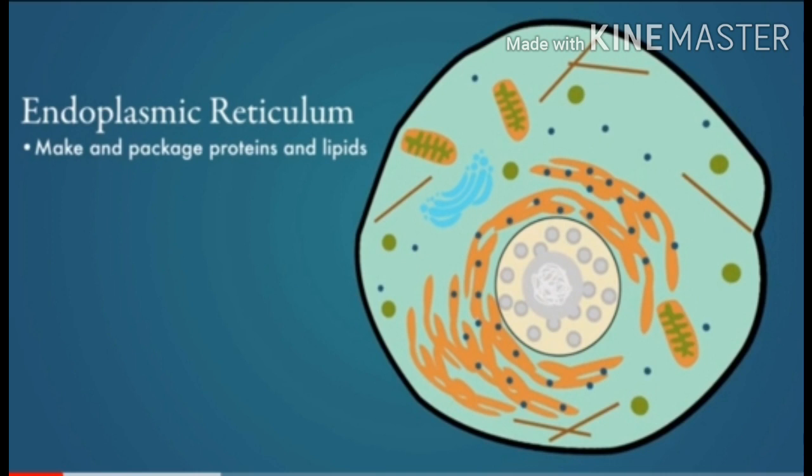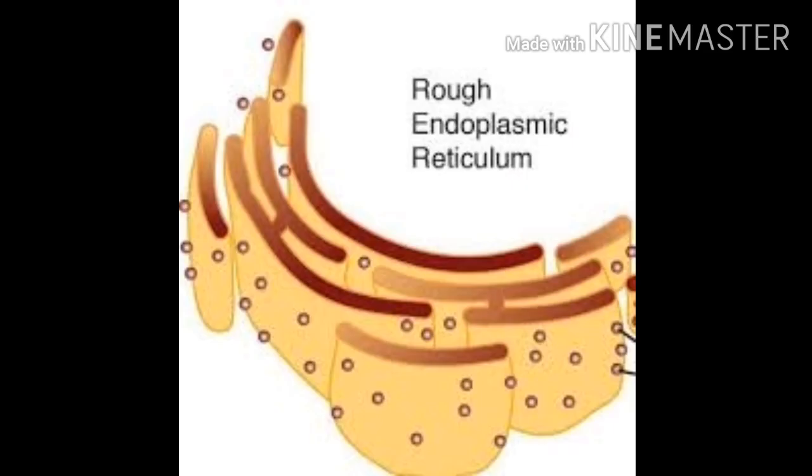The endoplasmic reticulum helps to transport substances in and out of the cell. Due to the endoplasmic reticulum, we can transport substances in and out of the cell. If you want to take something inside, the endoplasmic reticulum helps in that. Again, if you want to transfer something outside, the endoplasmic reticulum helps in that, because it works just like a road. If roads are not there, we face many problems in transportation. Same way, in case of the cell, they are viewed just like a network.